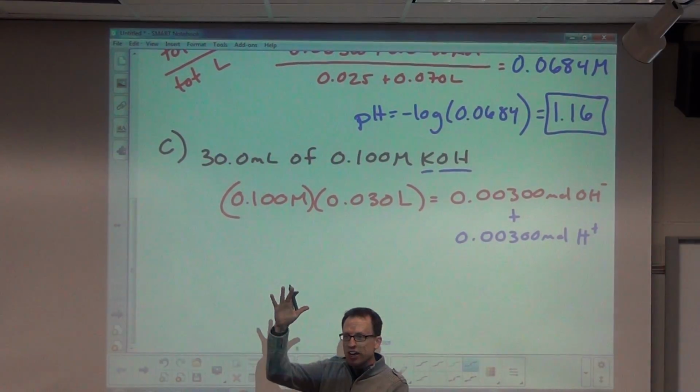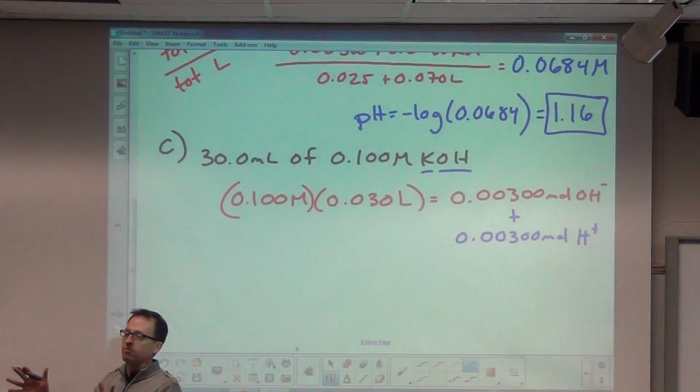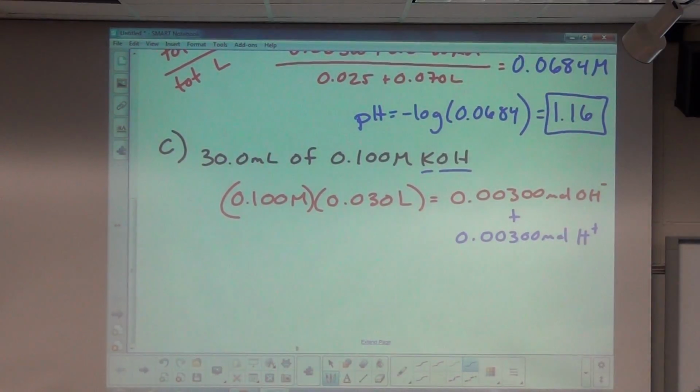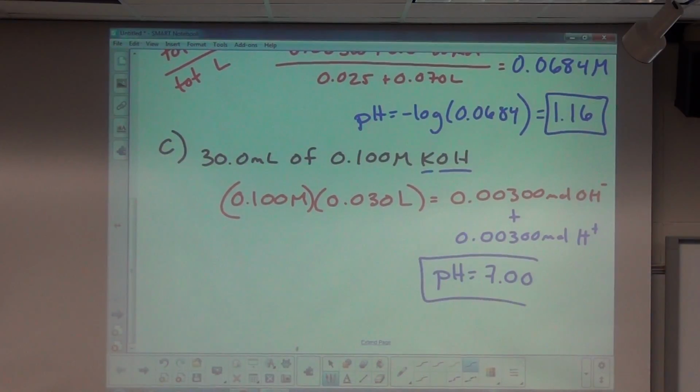H plus OH minus always makes water, right? I have equal amounts, so I can't even put this in a calculation. What pH is this? 7. It is exactly 7 because they are neutralized. So for pH, there's no calculation to show. I will repeat that. There is no calculation to show because I have the exact same amounts of both, so